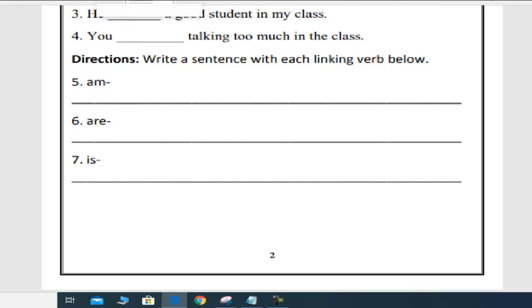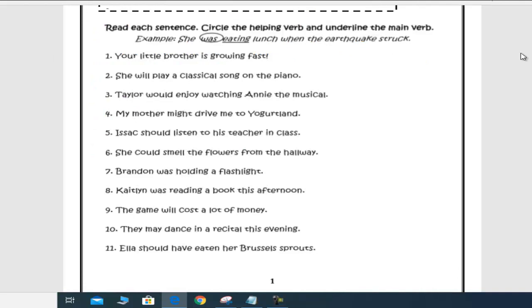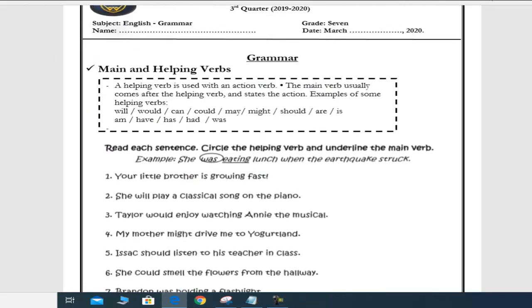Let's move to the next topic, main and helping verbs. A helping verb is used with an action verb. The main verb usually comes after the helping verb and states the action. So, main and helping verbs are two parts that make the action verb. The main verb usually comes after the helping verb, and the main verb is the part that shows the action